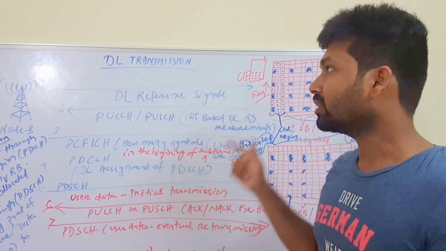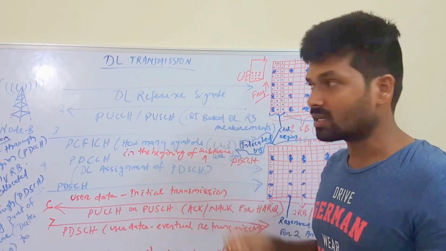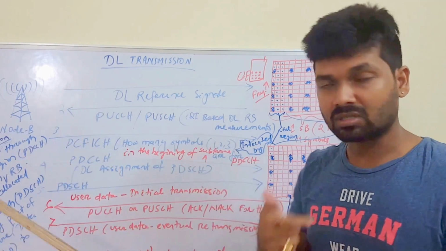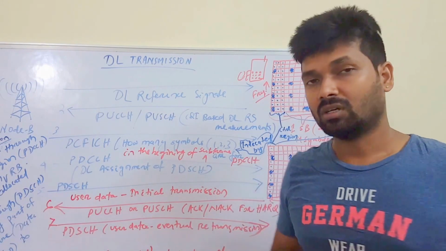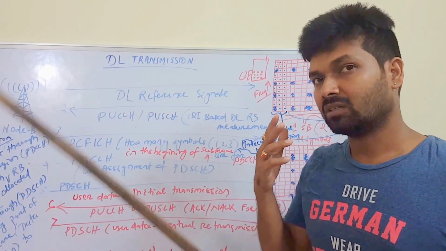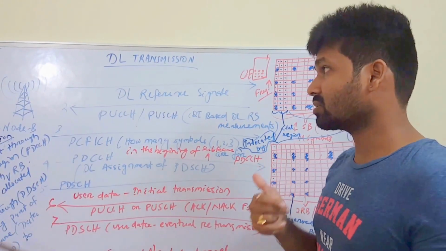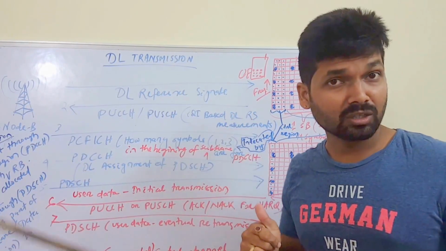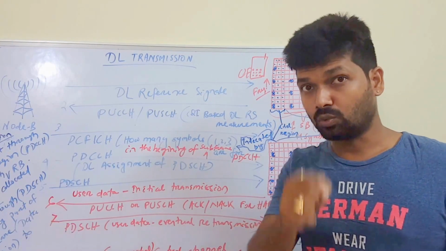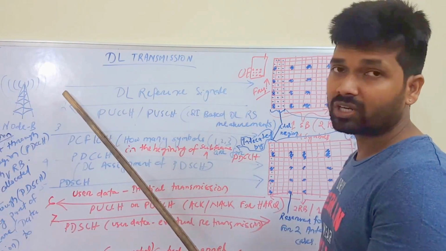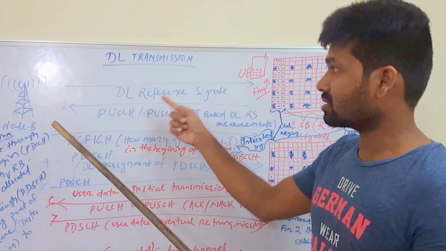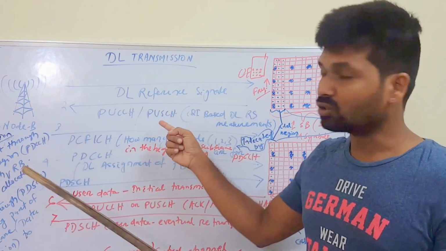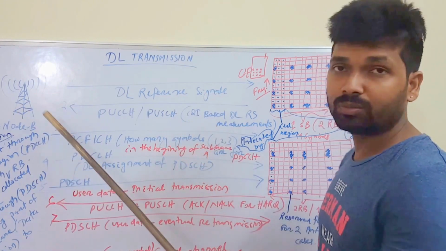As you know, we are continuing with the downlink transmission process, and we have already done the first and second steps in our previous topic. So please check the previous Hindi and English lectures on downlink transmission, or the LTE physical and channel procedures part 21, wherein we have already discussed the first step, that is the downlink reference signal broadcast and the uplink CQI measurement and reporting to the eNode B.